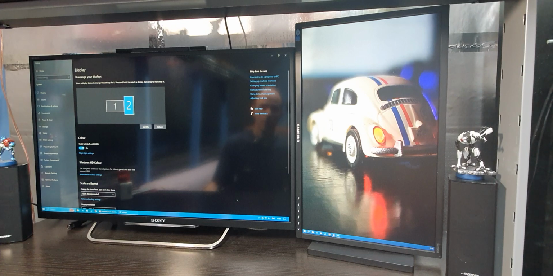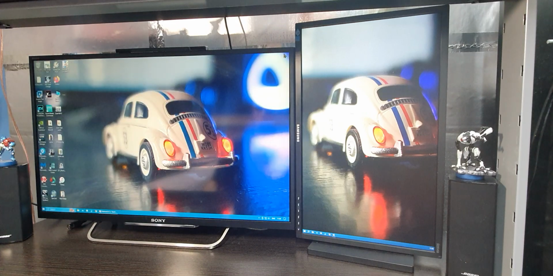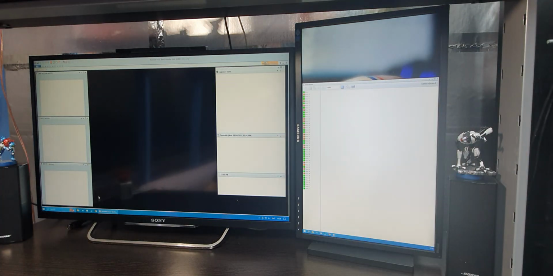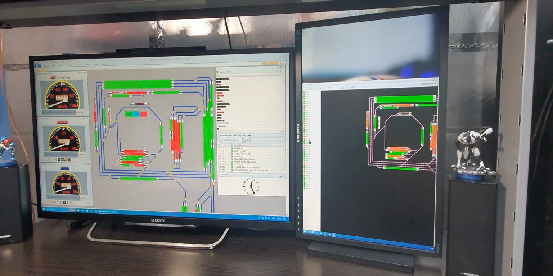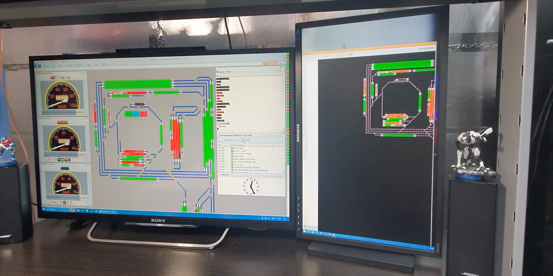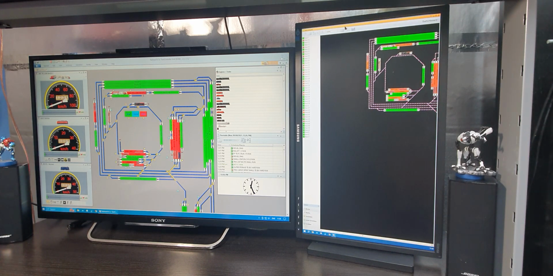Yeah, that's good. Each time you do it, you've got to save, apply setting. So now you can see the arrow is perfectly aligned with the right hand monitor. That's really important to do when you're running software, especially Train Controller. So you can see the right hand screen now is out of alignment because I've adjusted where that monitor should be, and I'll readjust that screen now, the dispatcher screen,